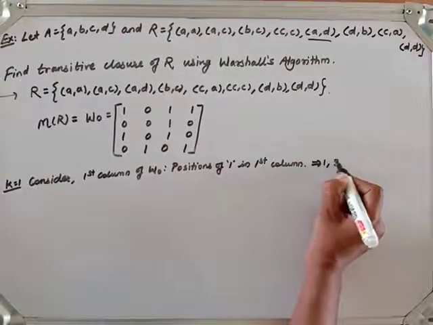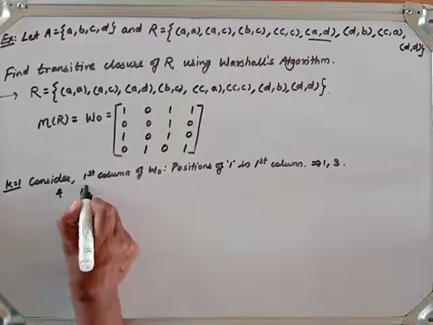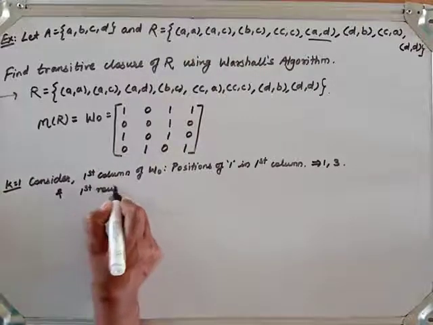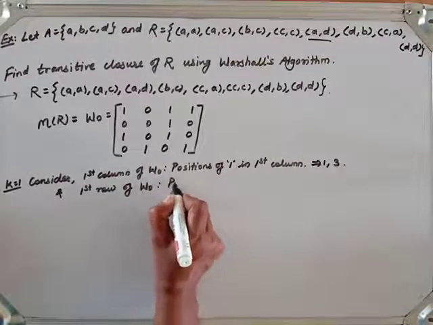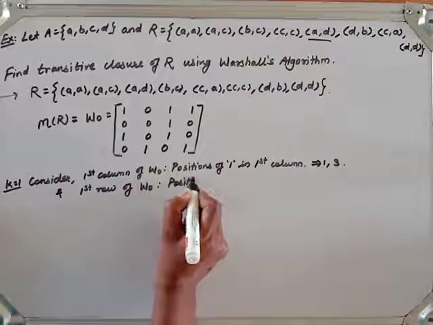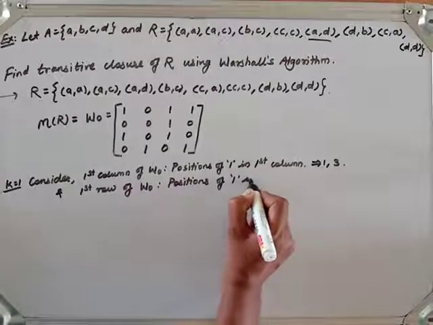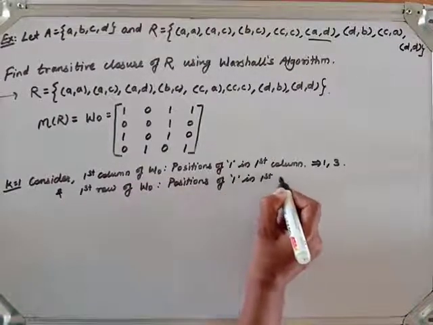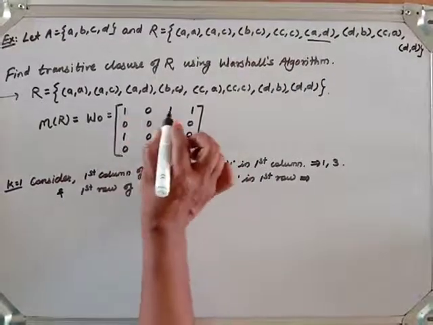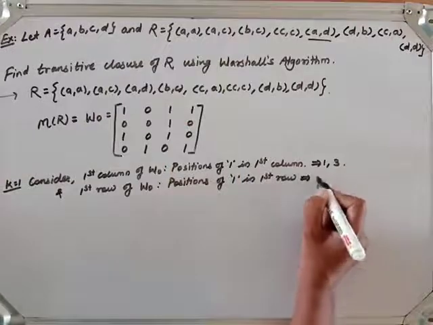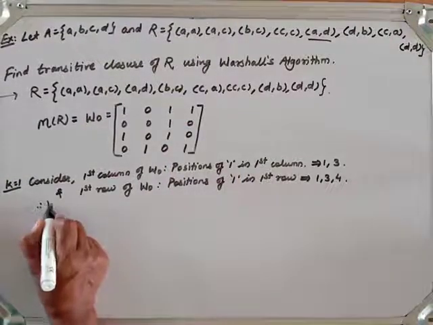At the first and third positions. And the first row of W0: positions of 1 in the first row are first, third and fourth. Therefore we add